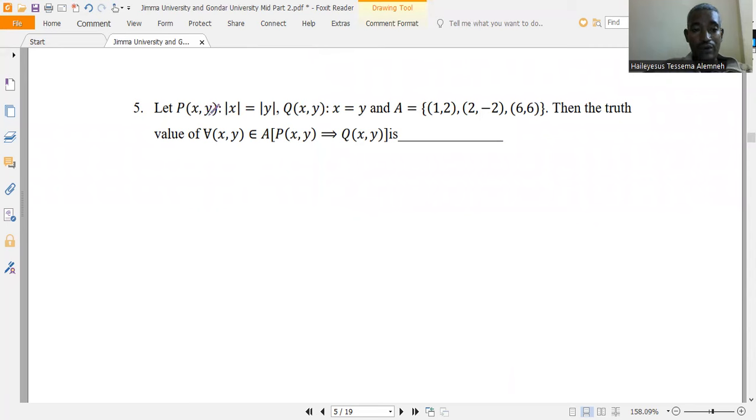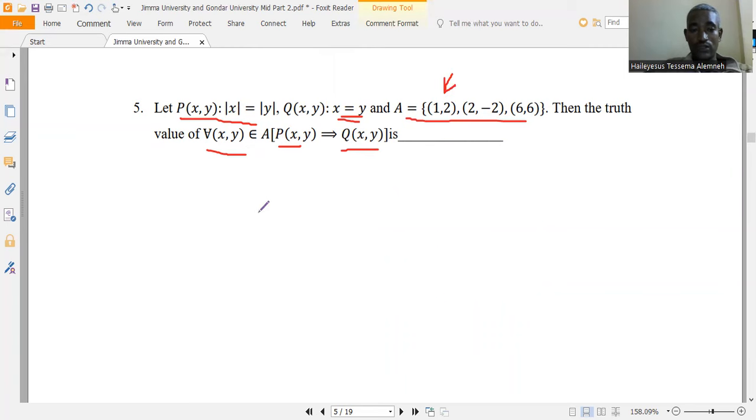የሚቀጥለው ጥያቄ: let p of x y is equal to which is p of open preposition ተሰጥቶናል። p of x y absolute value of x is equal to absolute value of y, q of x y ደግሞ x is equal to y ተሰጥቶናል። እና set A is given in such a way: 1, 2, minus 2 እና 6. Then the truth value of for all x, y an element of A, p of x y implies q of x y ነው። ስለዚህ ለእያንዳንዱ ኤሌመንት ቼክ እናደርጋለን ማለት ነው።